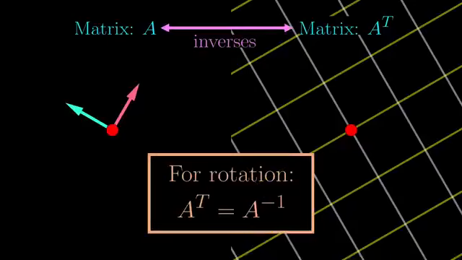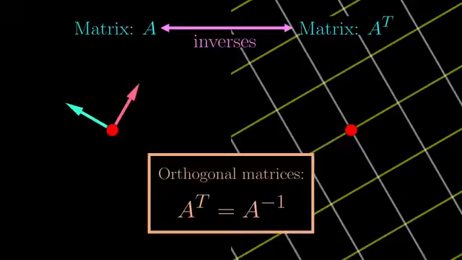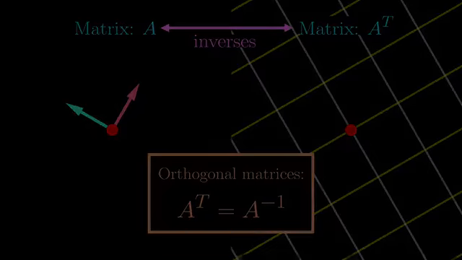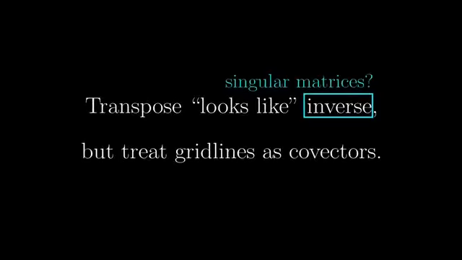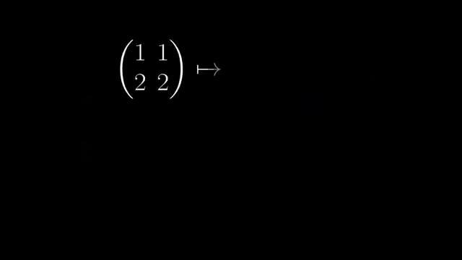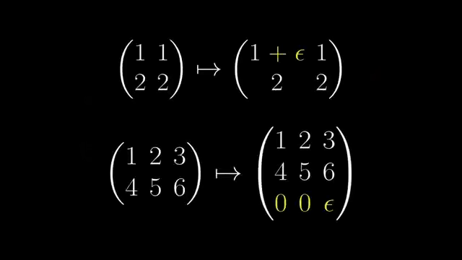In general, matrices satisfying this are called orthogonal. So rotation matrices are orthogonal. By now, you might be thinking, this visualization depends on having an inverse. And yes, indeed, there is a bit of limitation when it comes to singular matrices, and in technical terms, the rank is smaller than the dimension of your original space. But those are all the cases where the visualization fails. And even in those cases, you can still sort of displace your linear maps a tiny little bit to do the visualization. So this really is a powerful